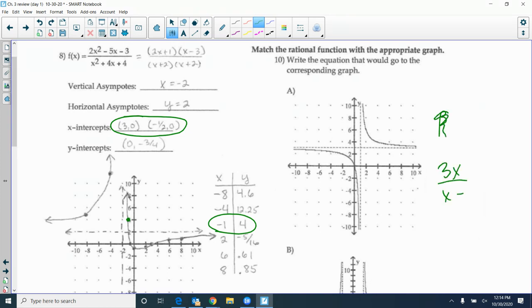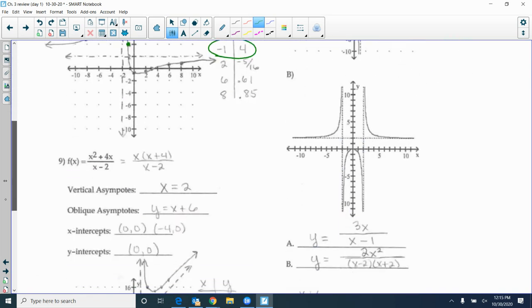3x over x minus 1. X minus 1 gives me x minus 1. That hits at 0. Horizontal asymptote at 3. I agree. That's the same degree. Same degree on top and bottom. And then that bottom one,